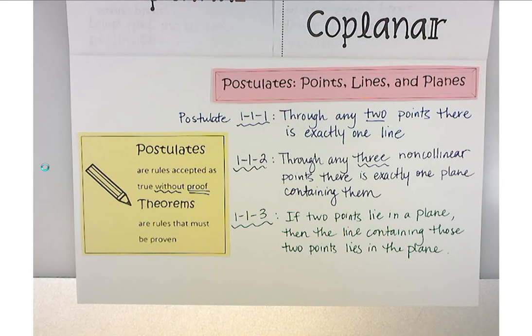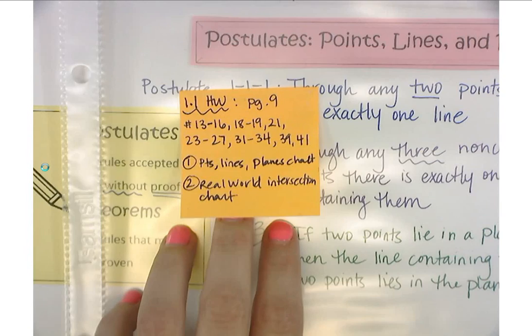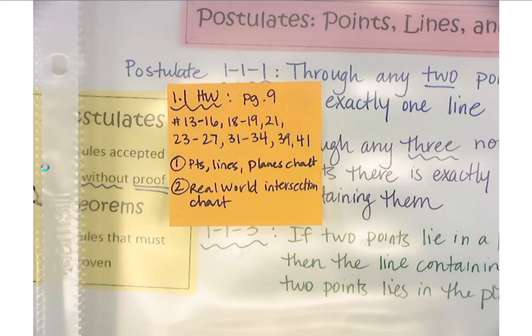So what we're going to do is we're going to finish up part of our foldables for 1.1, but you are just going to do your book work only for homework. And if you want to take a picture of the book work, you can do that. It will also be on Google Classroom. If you missed anything from your foldable, I make videos, so I will post a link in your Google Classroom for the video so you can go back and watch